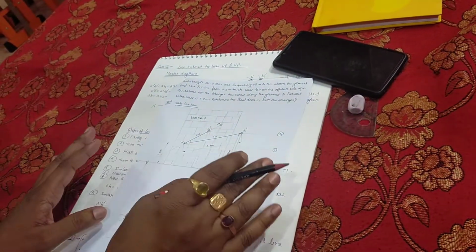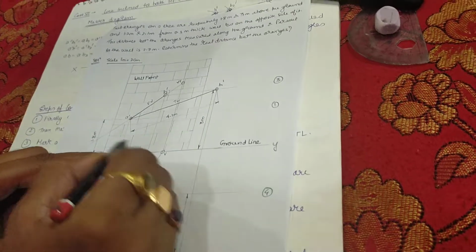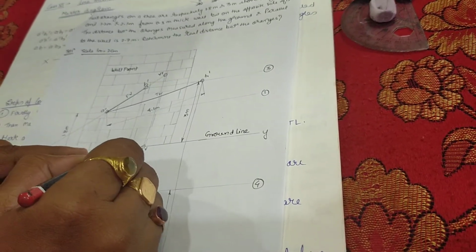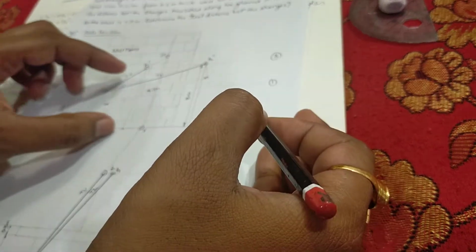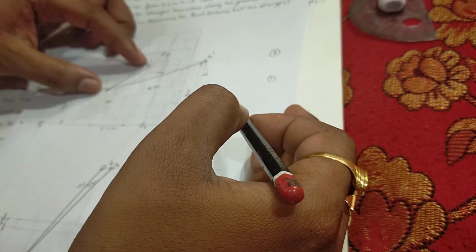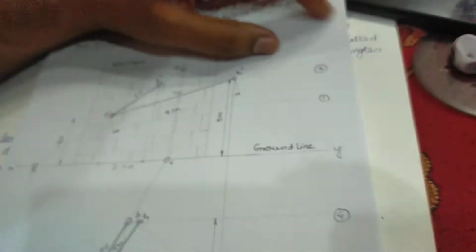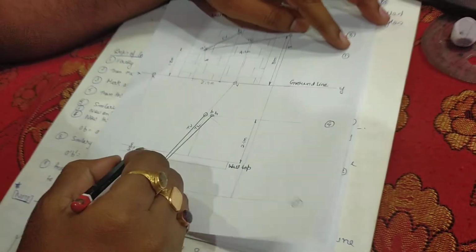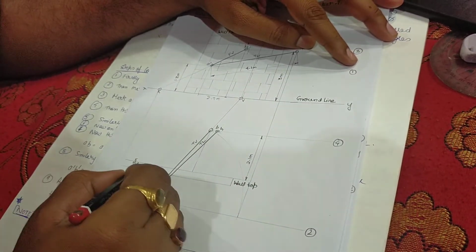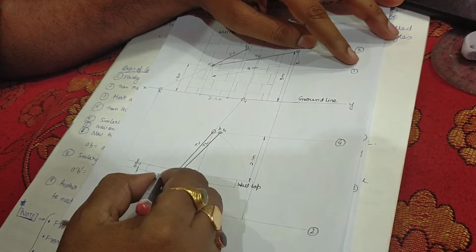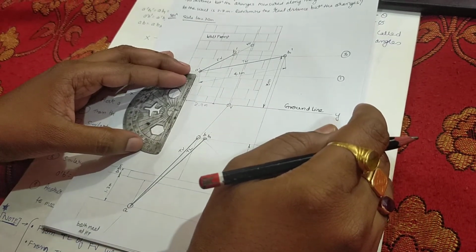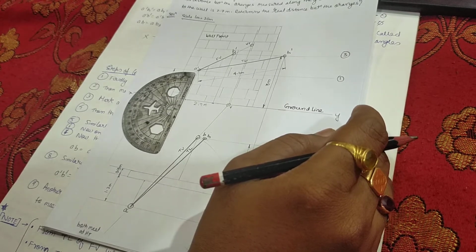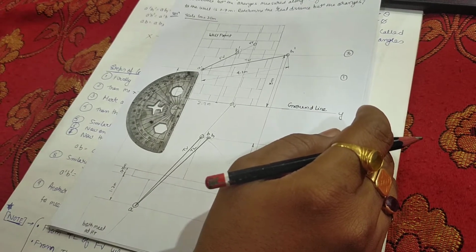So similarly, in the XY line I have taken one point and another point, and the distance between these two points is 2.7 meter. Okay, so from one point I have taken a height of 1.8 meter and from another point a height of 3 meter, and I have joined both the points, so A dash and B dash. Now in top view, at some random distance I have taken a wall which is 0.3 meter thick. Okay, this is the wall top, and this point should be in line with the front view, because we already know that the points in the front view should always be in one vertical line and the points in the top view will also be in one vertical line.